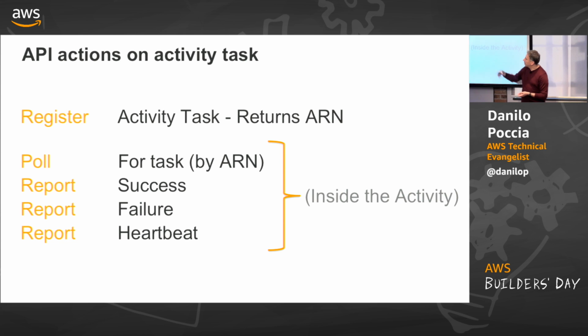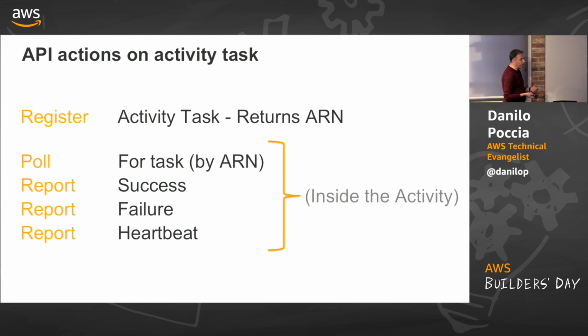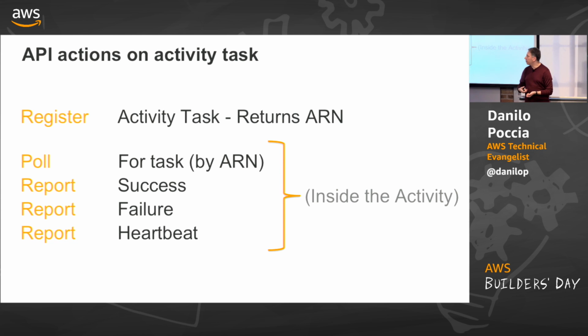And then the nodes that are doing this activity, that, as I said, can be anything outside, even outside of AWS, can poll for something to do. They can report their success or their failure. And if the activity is very long in time, like maybe it takes hours, you can optionally configure a heartbeat, to tell that you are still working on this